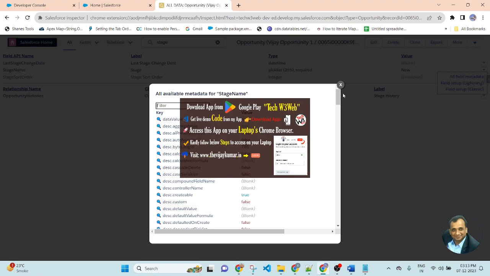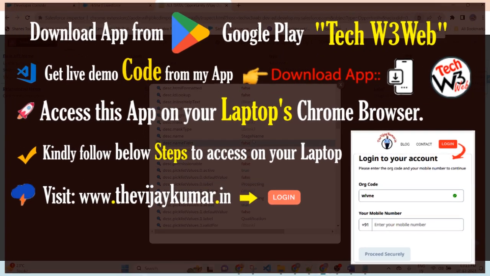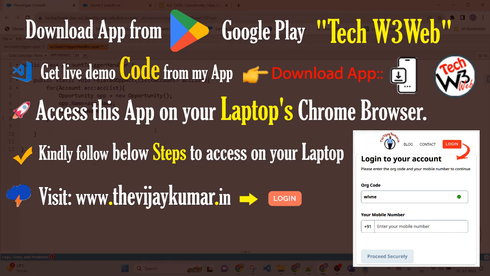Here you can find the stage name values. So here I am using the first one, Prospecting. Copy the value, go to the developer console and pass it in single quotes. Here I am passing Prospecting because this is a picklist value that is provided by Salesforce. If we assign any other value, it will throw an error.